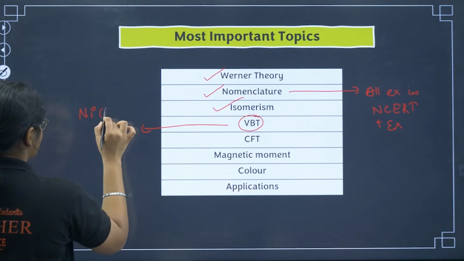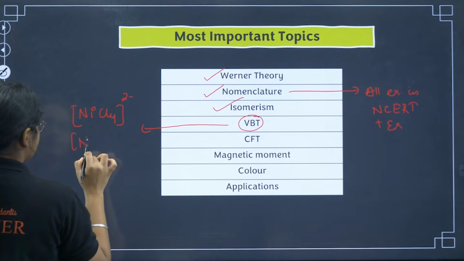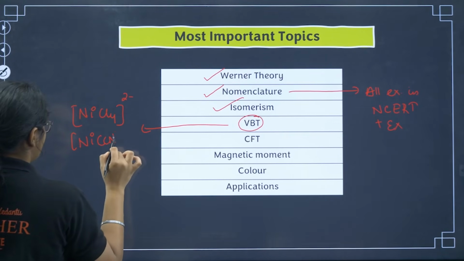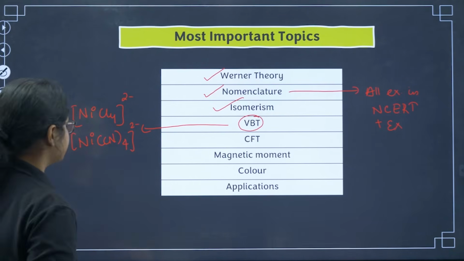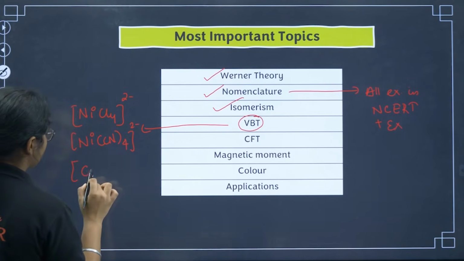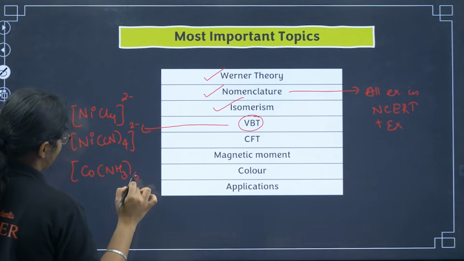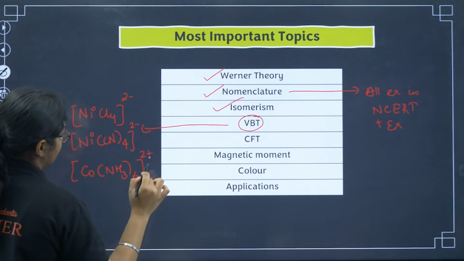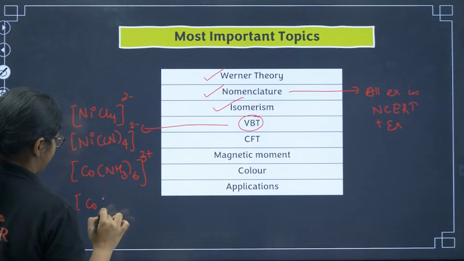In coordination number 4 you have [NiCl4]2- and [Ni(CN)4]2-, and in coordination number 6 we have [Co(NH3)6]2+, 3+,